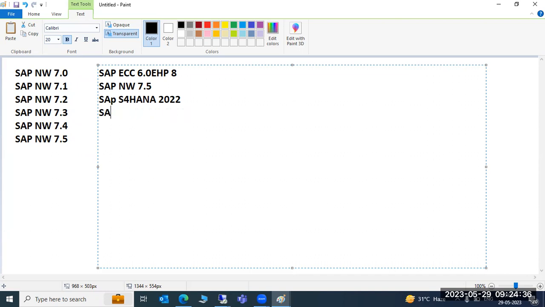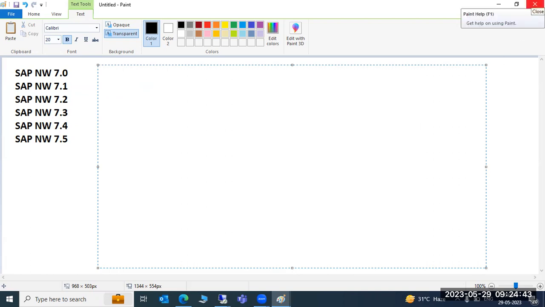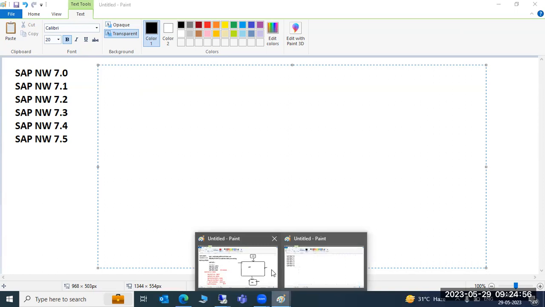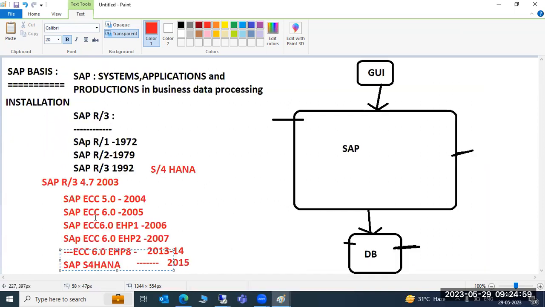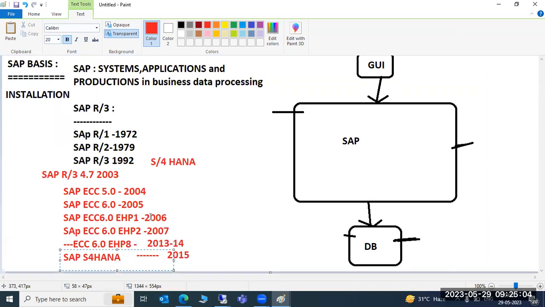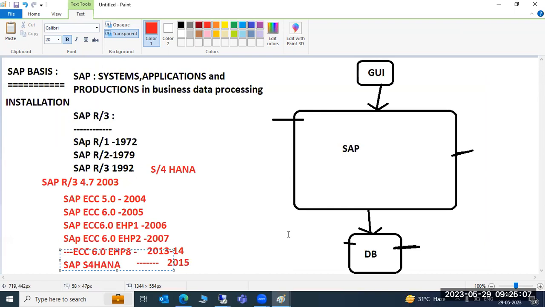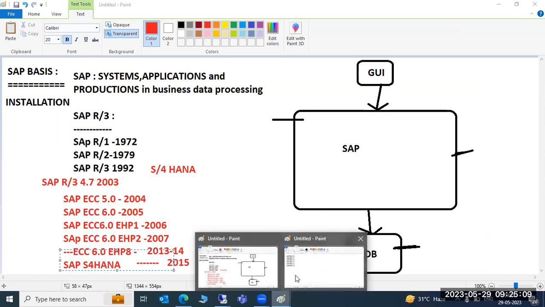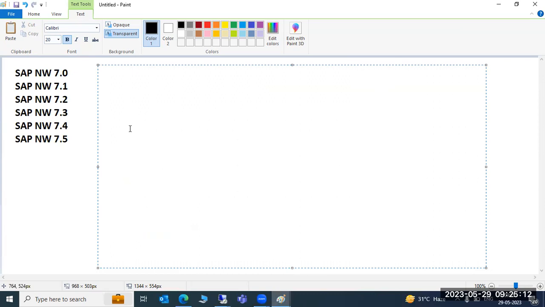Okay, that will come as part of the HANA administration. This is the SAP applications. Here we will do all our basis administration on the ECC only. If you know basis administration on the ECC, then you are familiar with the other applications as well, like BW, CRM, SRM, other applications as well. Okay, this is about the versions related information, the SAP versions release and history evolution.